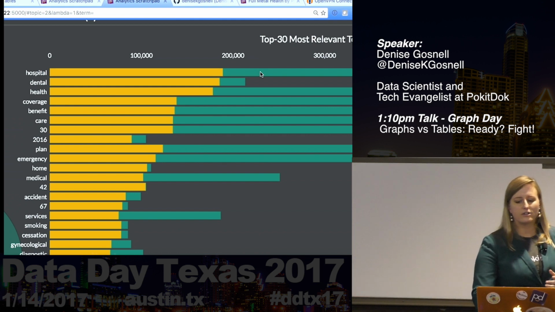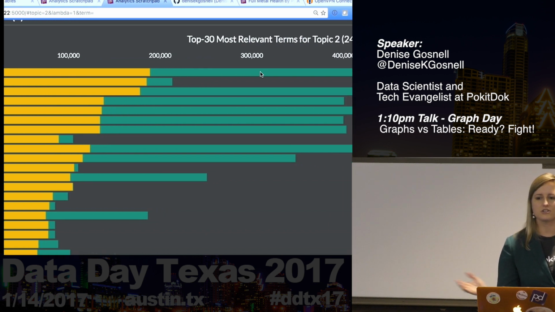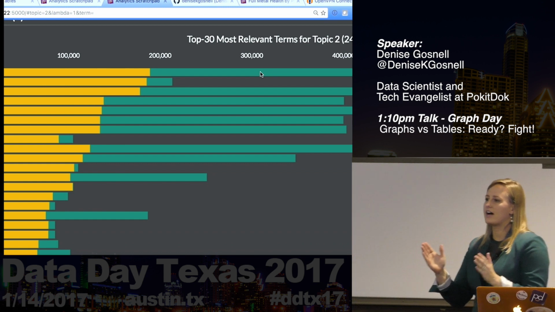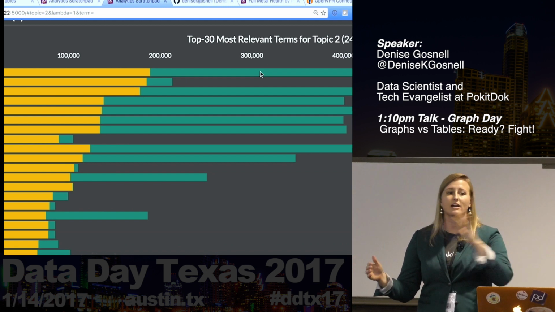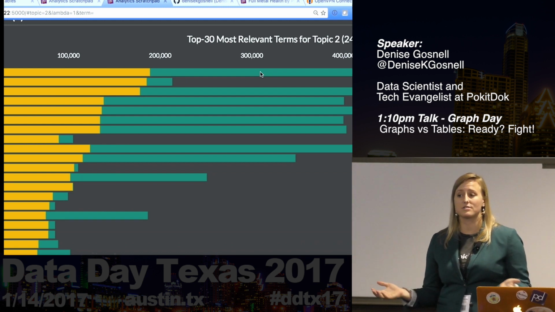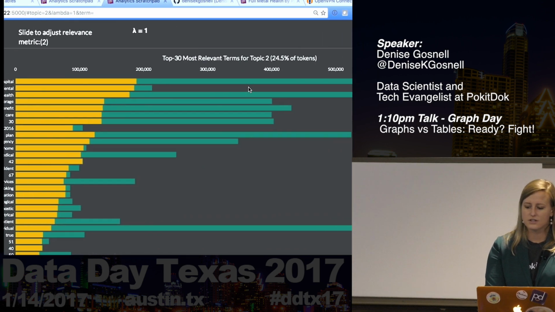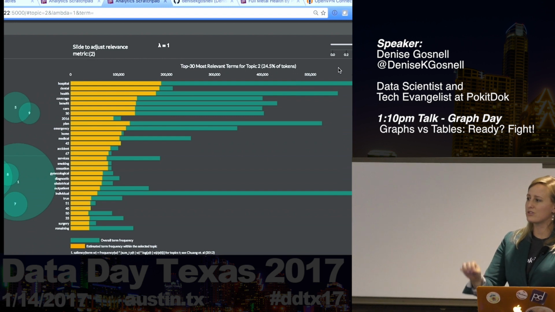What you're also looking at here, though, is that in that hospital bar, you can see yellow and green, just like any other word. The yellow is the count for the number of times that term was in this topic, and the green represents its relationship to the entire corpus of documents, everything that's outside this topic. When you're using this library for visualizing LDA results, if you're interested in looking at the words that maybe are more particular to just this